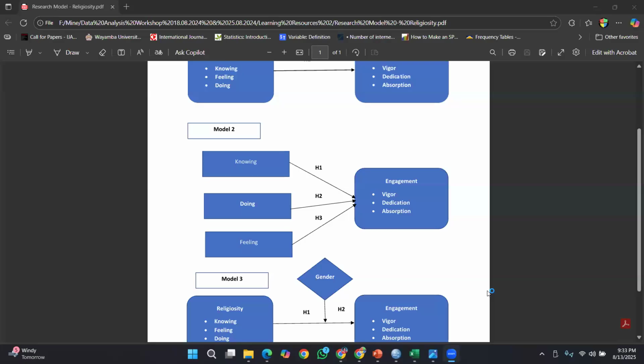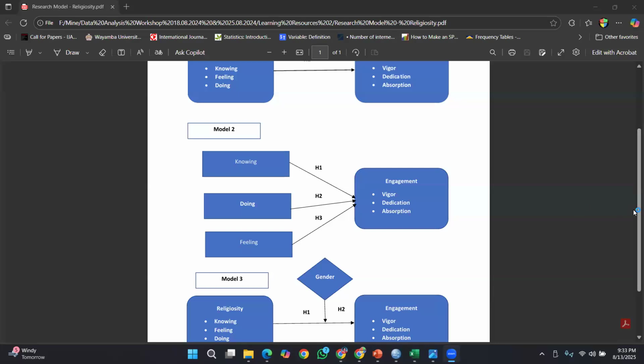We'll be using model 2. In this research, what has been tested is how religiosity affects employee engagement. So, can you see the screen? No, right. Okay, how about now? Hope you can see it now.